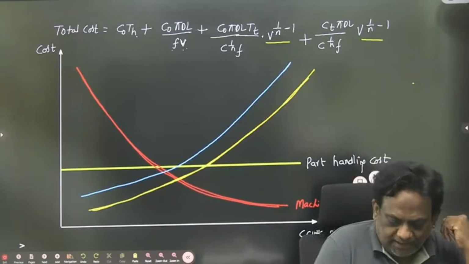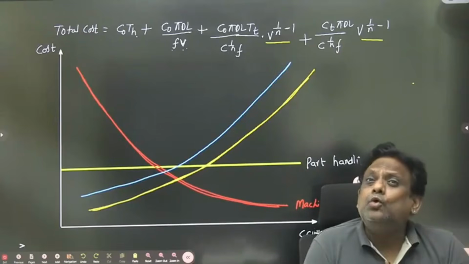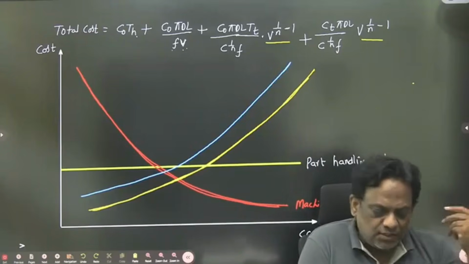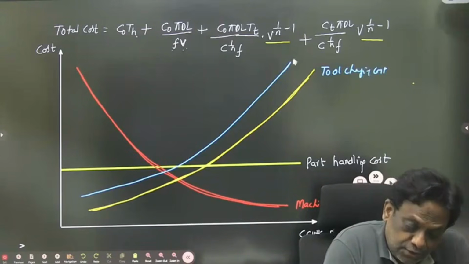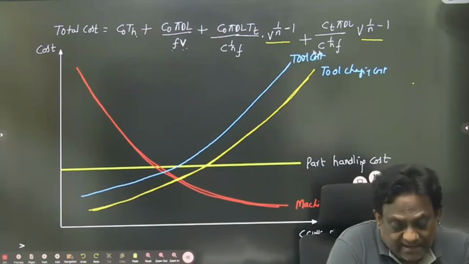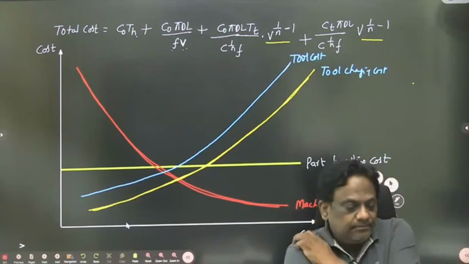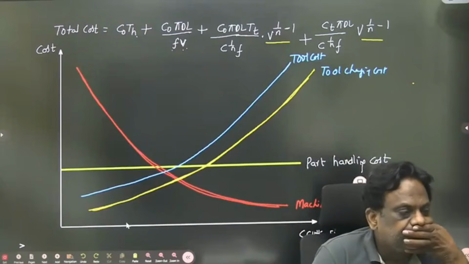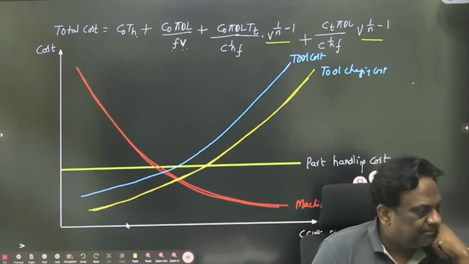No sir, both are increasing. Look, I will write here, sir. Whose cost will be more? Definitely tool cost will be more, and tool changing cost will be less. This is tool changing cost, and this is tool cost. Hope you understood. Tool cost means regrinding, grinding cost. Have you understood, sir? I am writing the same thing, sir. Is this clear?